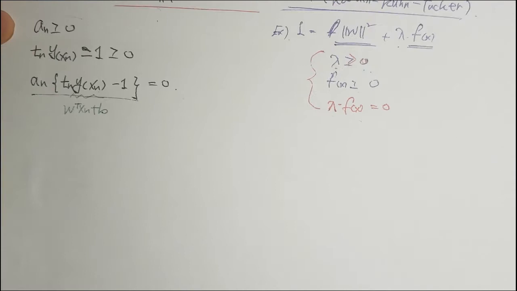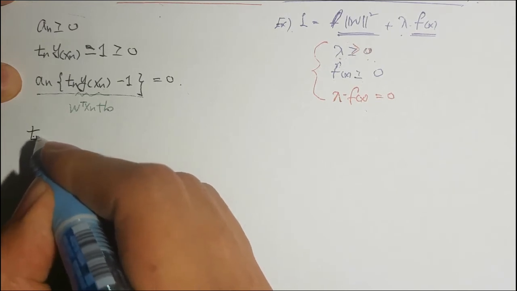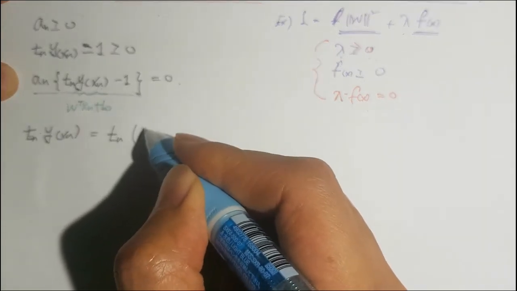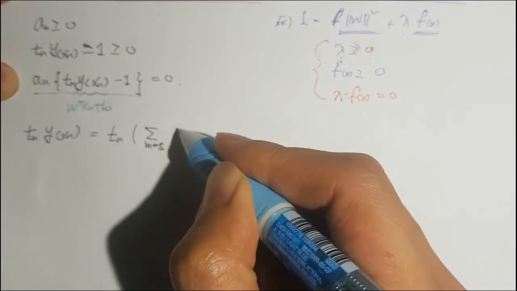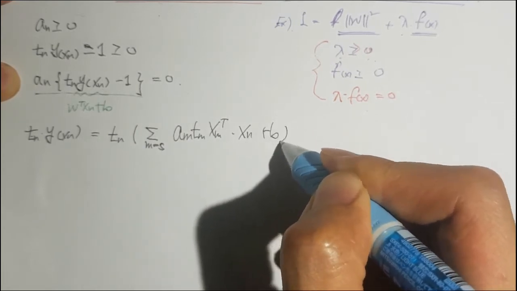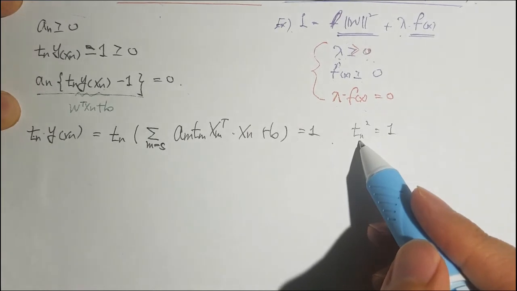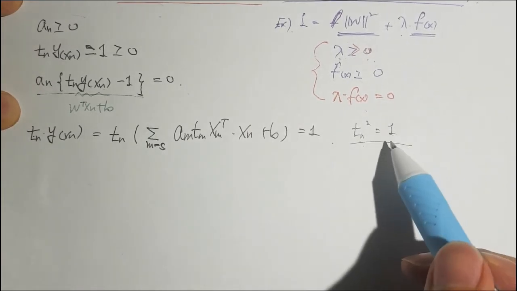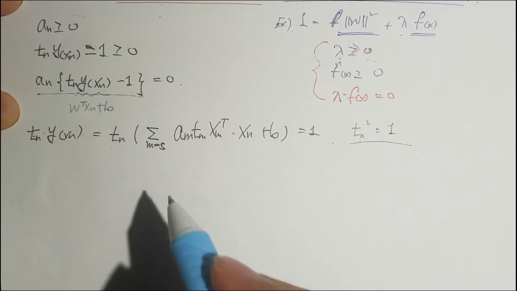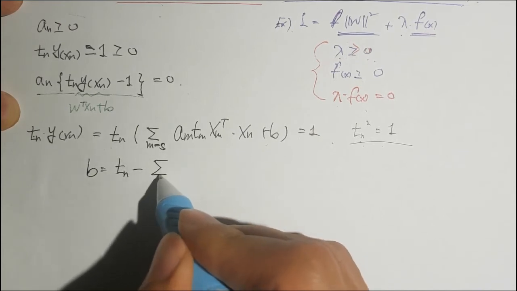Then it will be... So here, because t_n squared will be 1, because the target t will be +1 or -1, so t squared will always be 1, so I will multiply t on both sides. Then I can rewrite b as